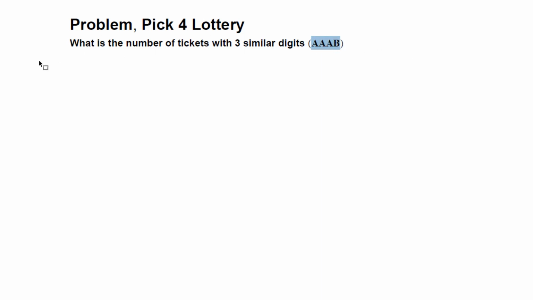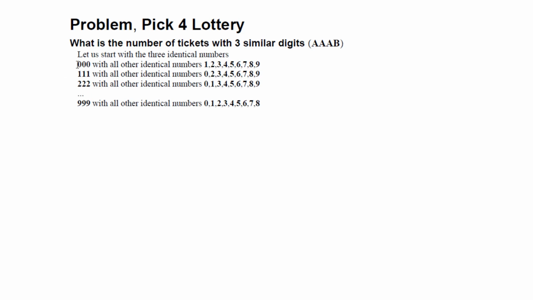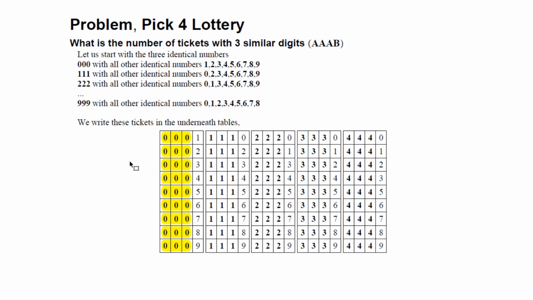Now the question is, what is the number of tickets with 3 similar digits in the form AAAB? So let's start combining 3 similar digits from 0. So we start with 0, 0, 0 with the rest of the numbers except 0, because if we include 0 here, we are going to get a ticket with 4 similar digits, and then 1, 1, 1 with the rest of the numbers, and 9, 9, 9 with the rest of all the digits. And what do we get? We get all these tables here,